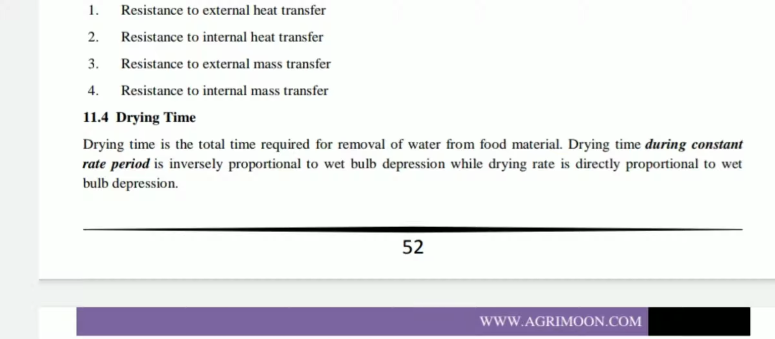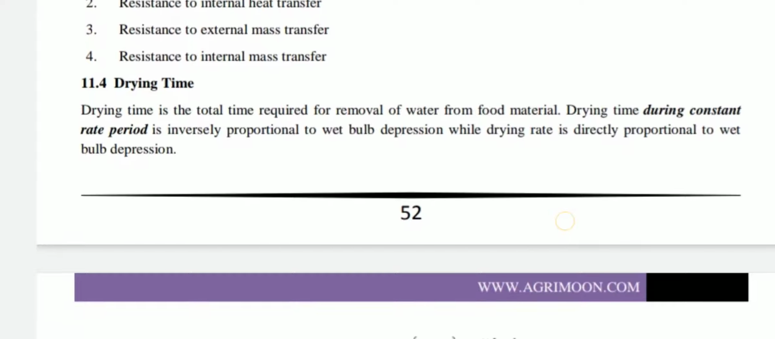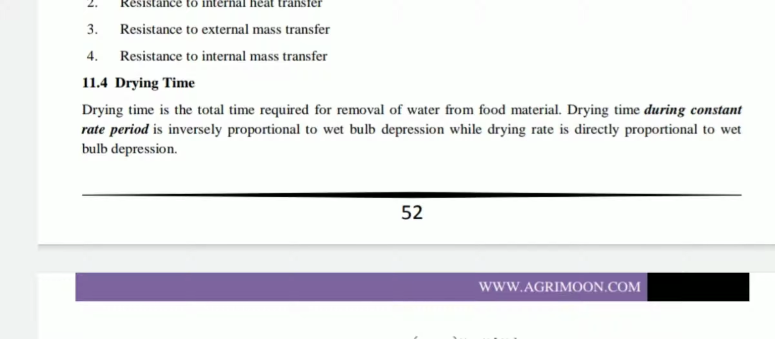Now, drying time. Drying time is the total time required for the removal of water from food material. Drying time during the constant rate period is inversely proportional to wet bulb depression, meaning the reduction in the moisture content of the air, while drying rate is directly proportional to the wet bulb depression. So